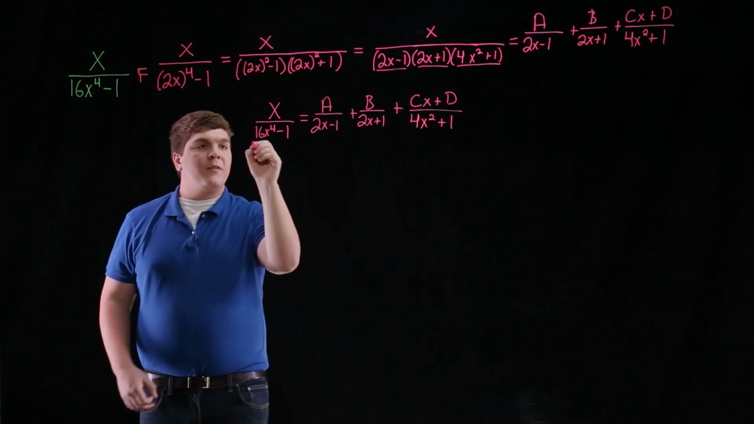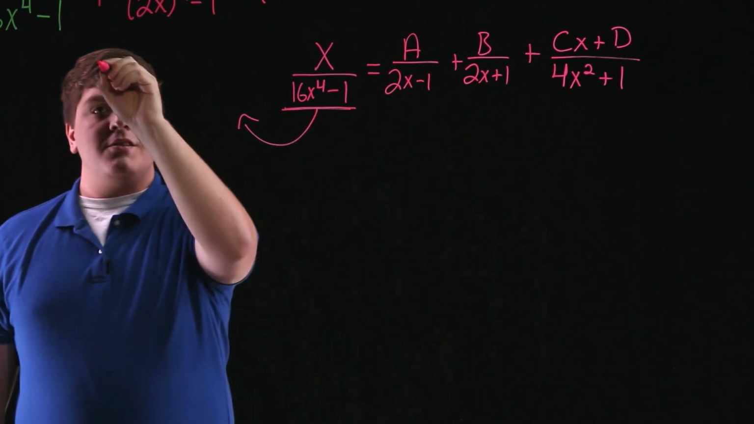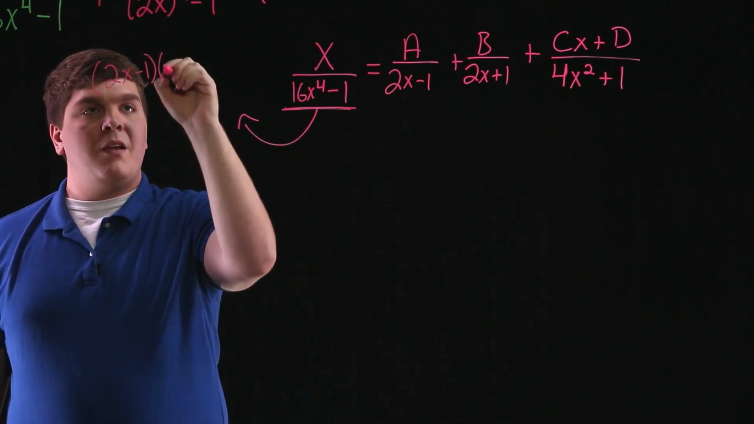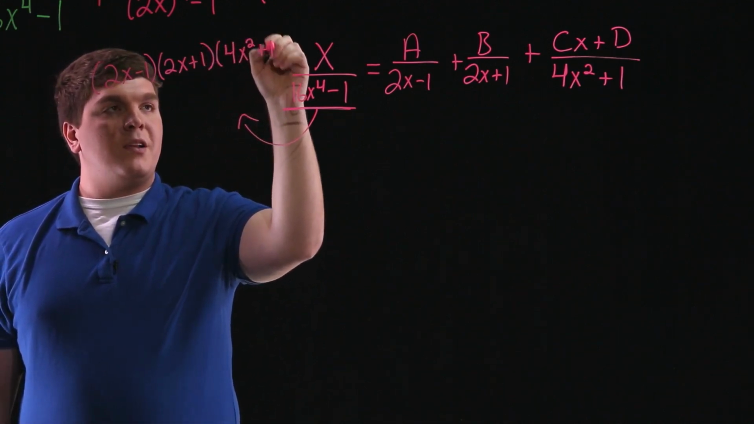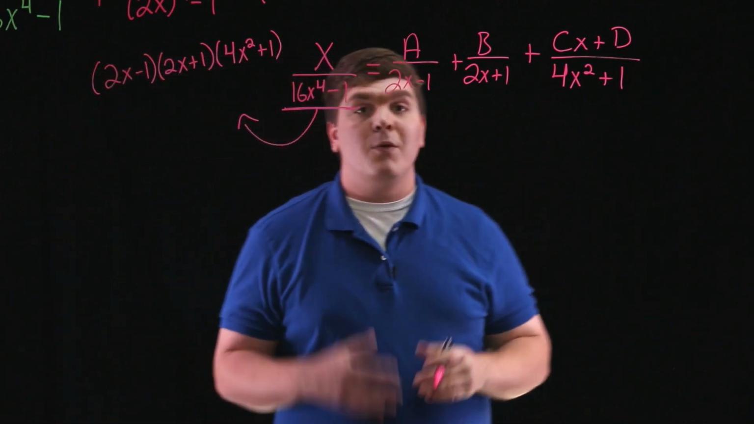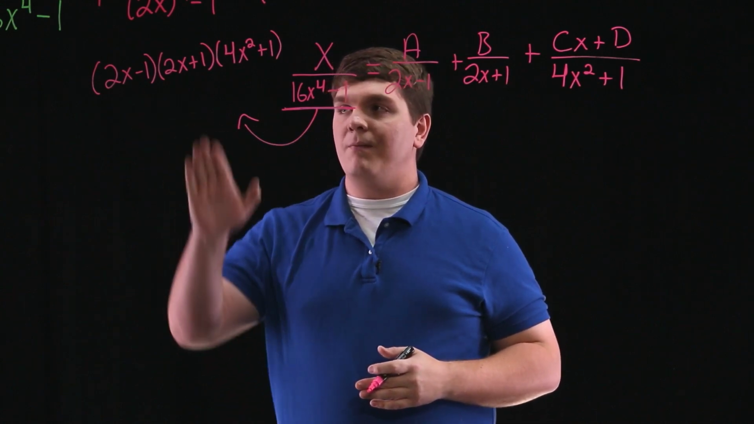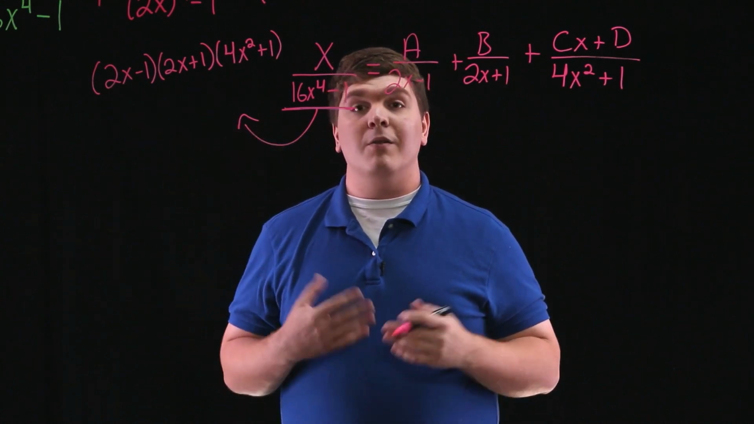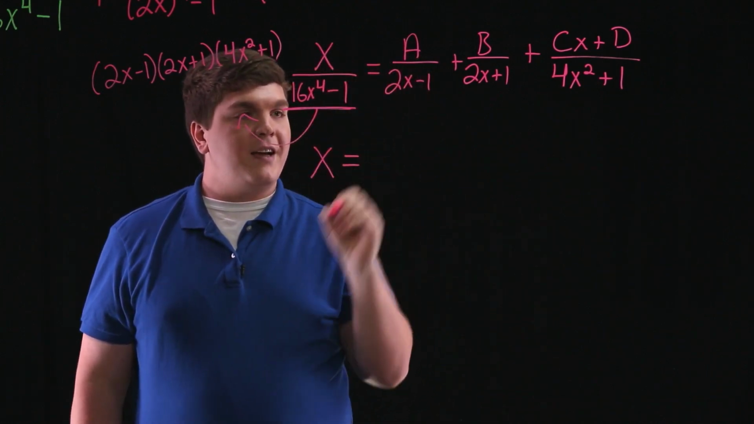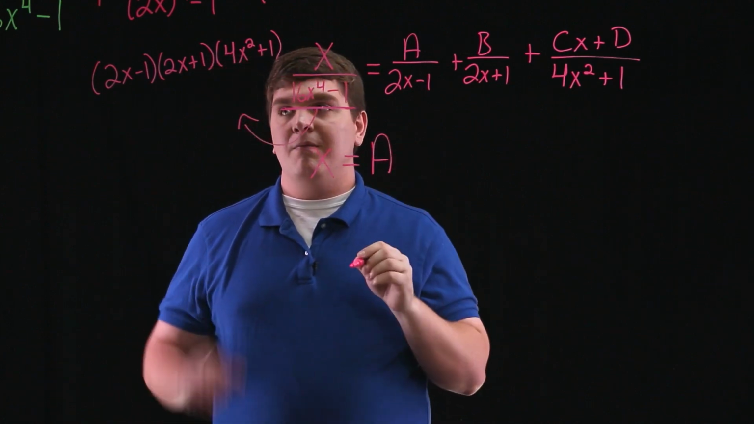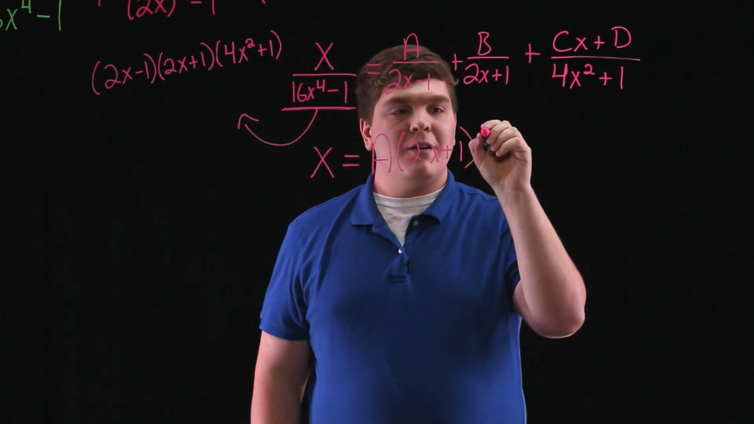Now here, what we want to note is that we already factored the 16x to the fourth minus 1. And we know that this factors into 2x minus 1 times 2x plus 1 times 4x squared plus 1. So at this stage, we can multiply both sides of this equation by the least common denominator, which is 2x minus 1 times 2x plus 1 times 4x squared plus 1. And what this leaves us with is x is equal to a times 2x plus 1 times 4x squared plus 1